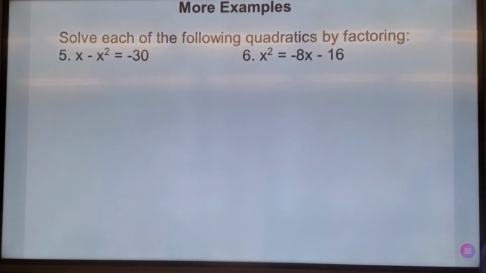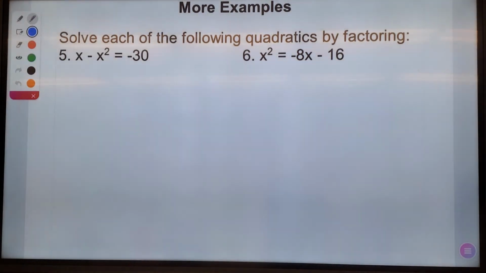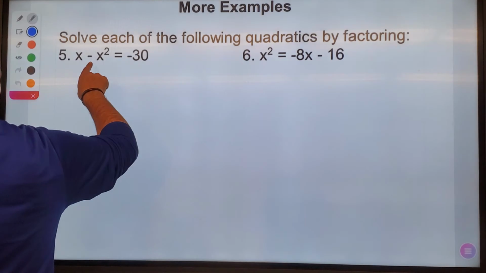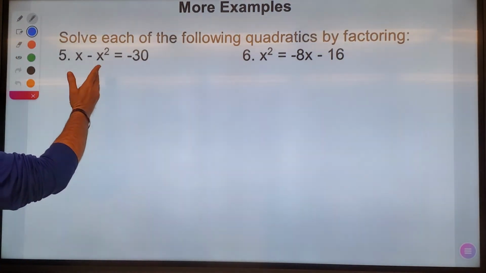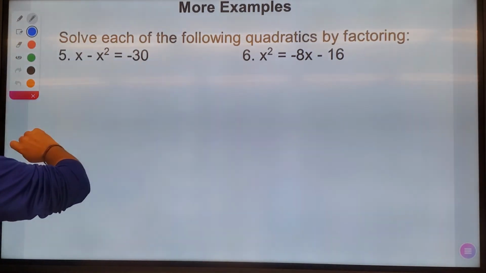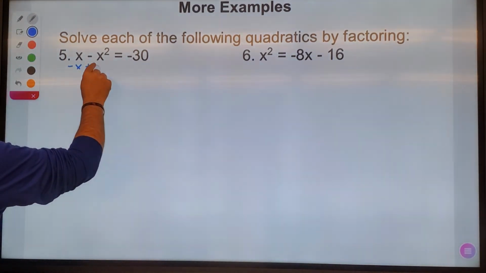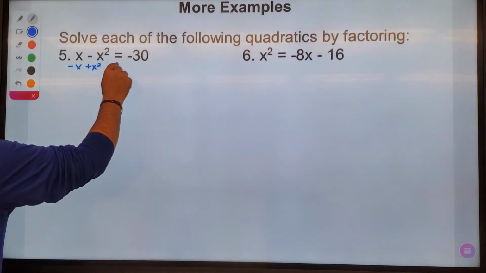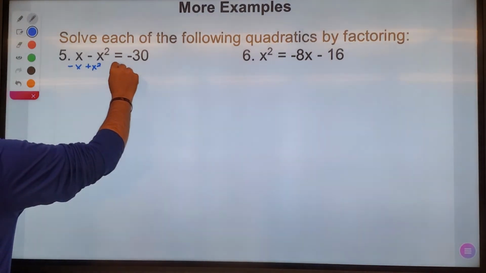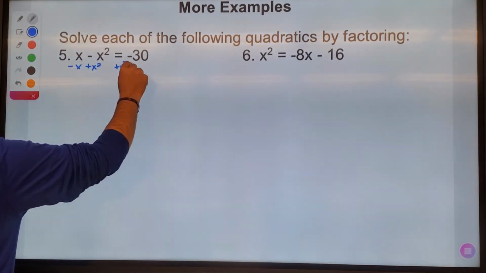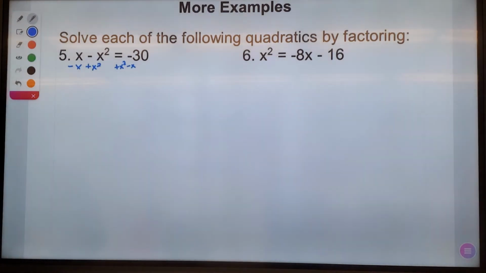Two more examples. You'll notice now on number 5 that we don't have things in order. So I'm going to do a couple things to get that back in order. It's also negative on the x squared, so again, I want that to be positive. So I'm going to shift these two over. I'm going to subtract x, and I'm going to add x squared. So again, I'm going to do that on this side. Add x squared, and I'm going to subtract x. I'm going to flip the order there,